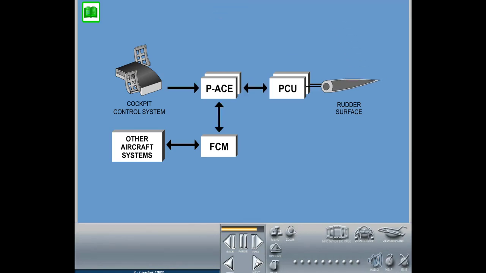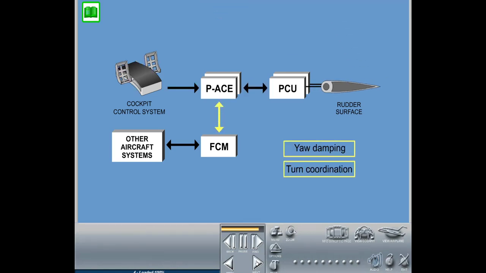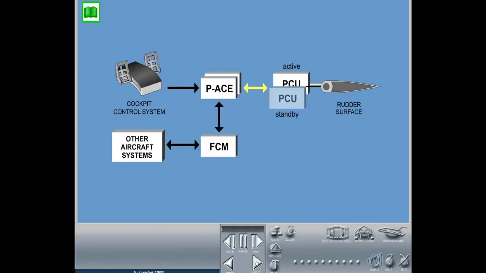Gain schedule commands such as yaw damping and turn coordination are computed within the auto flight control system and sent to the flight control modules. Failures, such as an actuator runaway or a mechanical disconnect, will be detected by the primary ACE and the failed PCU will be shut down. Control of the surface will automatically be switched to the other